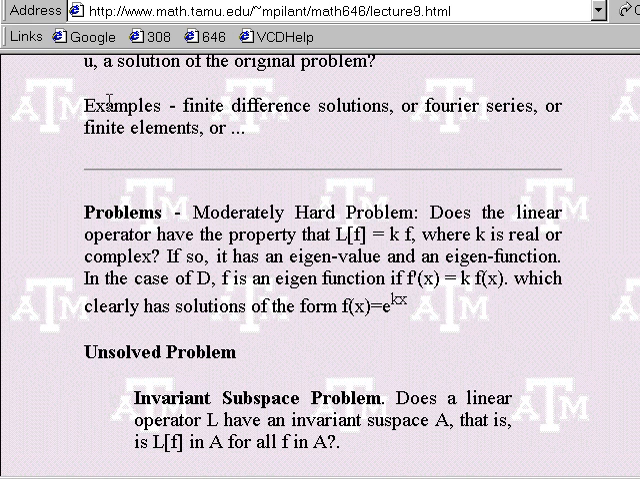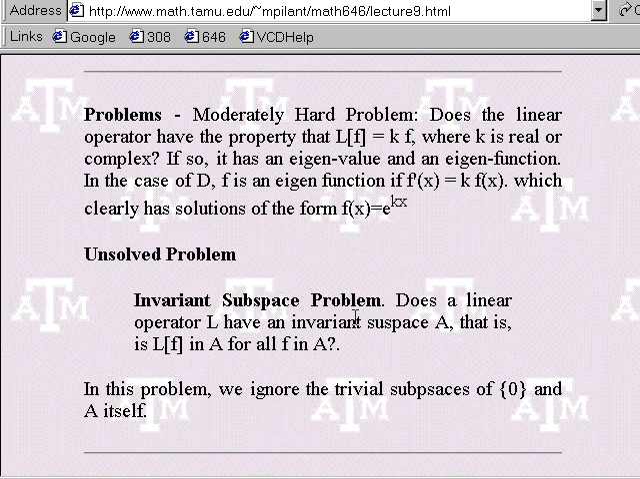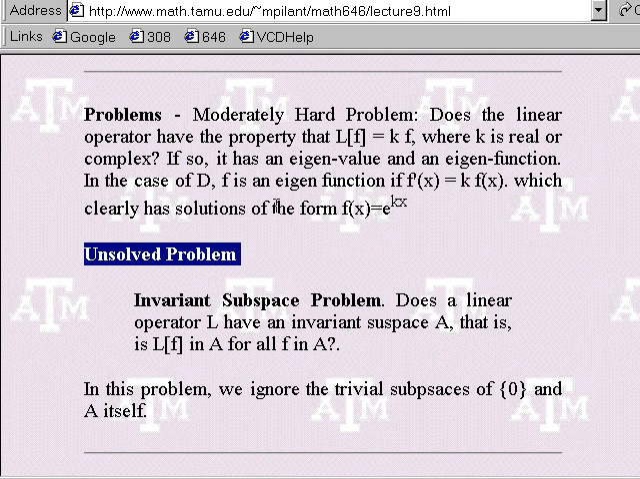Now, the spectrum has a physical property associated with energy states, like the eigenvalues of the Schrödinger equation give you the bound wave states of the atom and all that stuff. So, physically, the eigenvalues are very important. But here's an unsolved problem related to